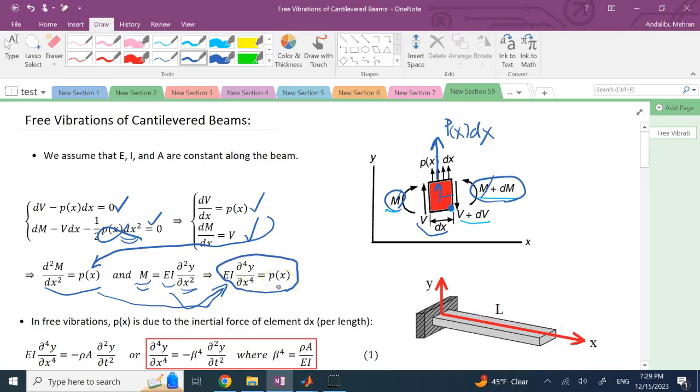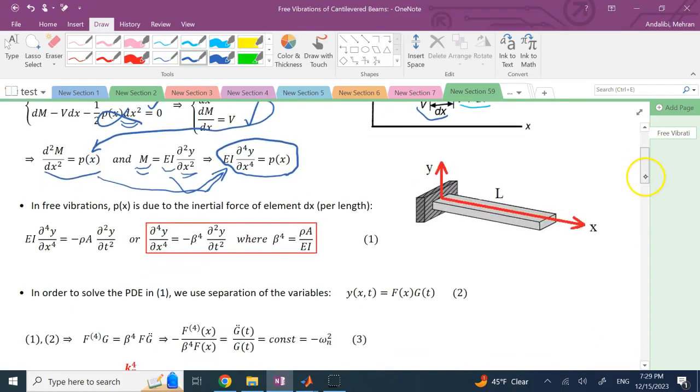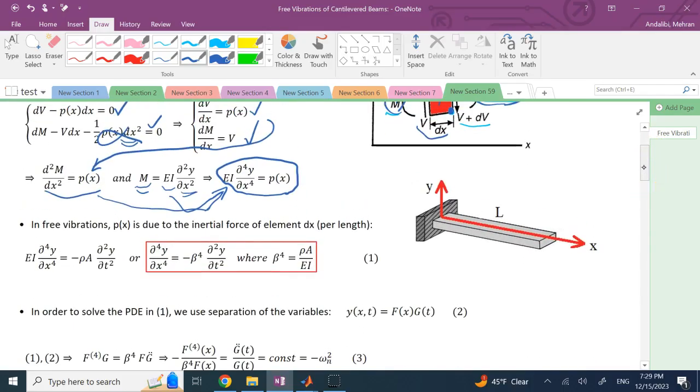This is the well-known equation from which, if you knew this load density, you could find the deflection of the beam in static condition for all sorts of different loadings. So this is what we used in solid mechanics. Now in vibrations, nothing is static, the stuff is moving, so we need to replace this function P of x, and here, since it's free vibration, the only force really is the inertial force. Not gravity,